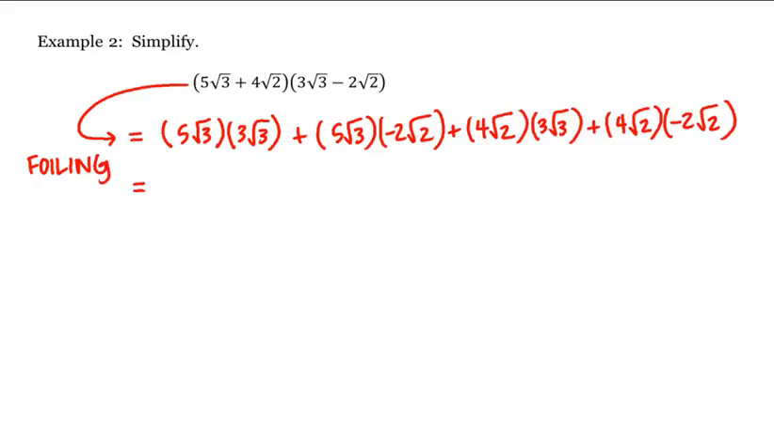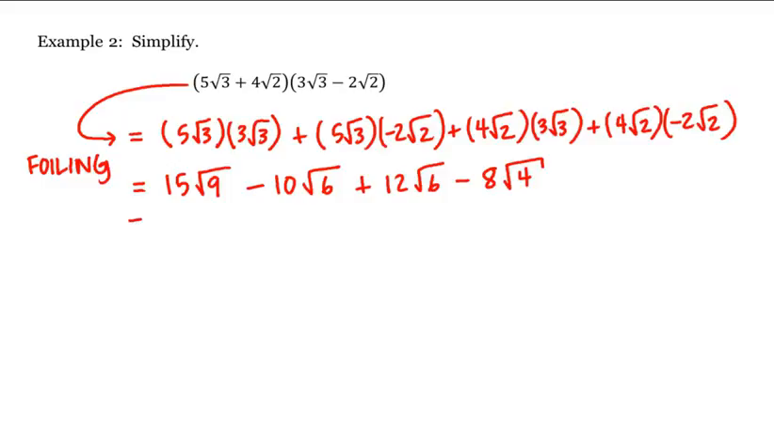which is equal to 5 times 3 is 15, and then times the square root of 3 times 3 are 9, minus 10 times the square root of 6 plus 12 times the square root of 6, and minus 8 times the square root of 4,